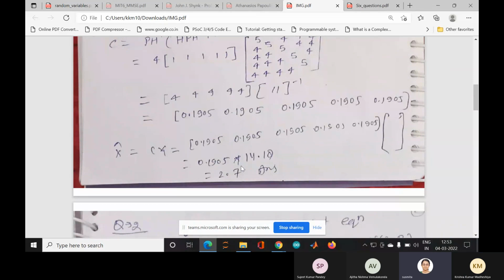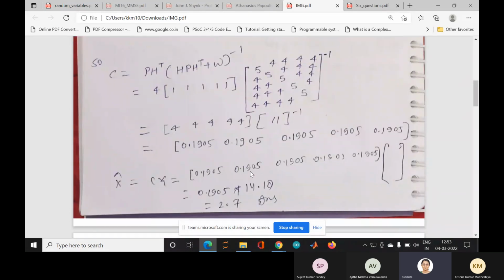And how about the error covariance? You also did not find the error covariance. You should always find the error covariance along with the estimate. Without error covariance, you are not getting any idea about the quality of the estimate. So whether it is a Kalman filter or any other estimator, you should also find the error covariance. Yes, ma'am, I will try it.